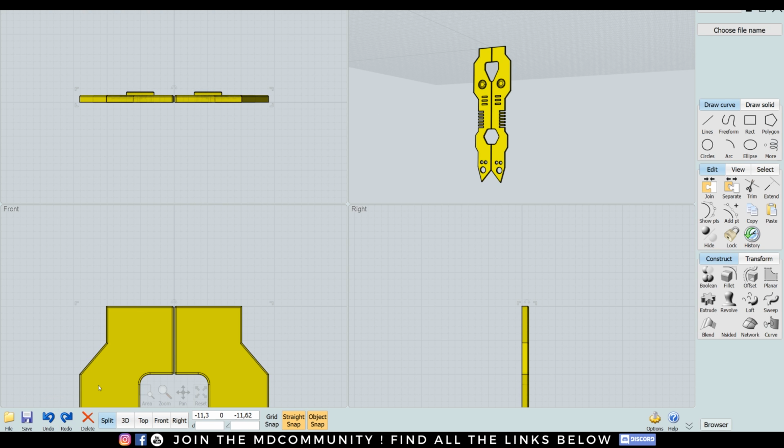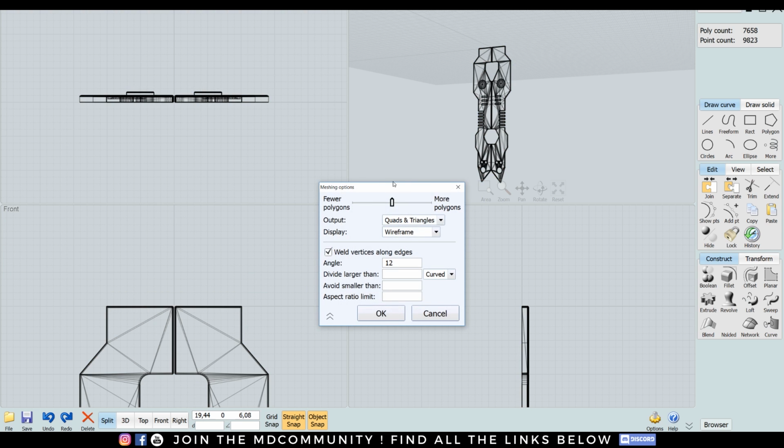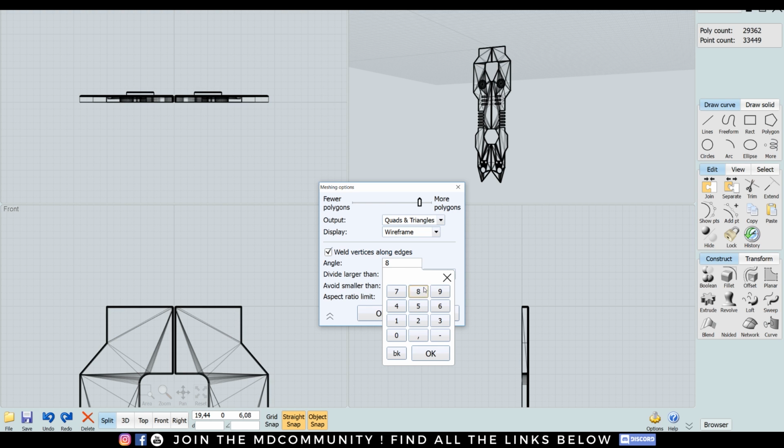File, Export, Wavefront Object, English. Okay. And now I can select different methods. I can choose n-gons, quads, triangles. I can select quad and triangles and do a few adjustments. Just read and you will see what it's doing. I can divide and add some quadrangles. It's better for texturing or stuff like this.